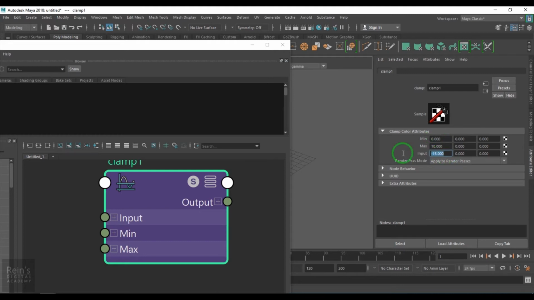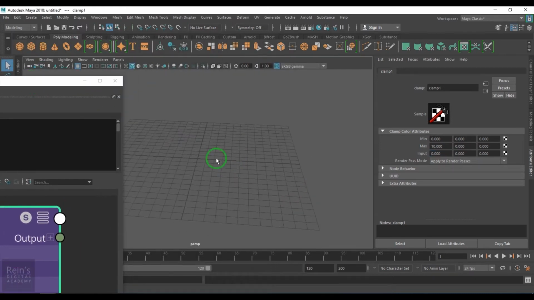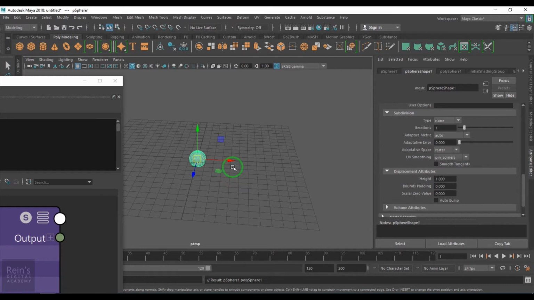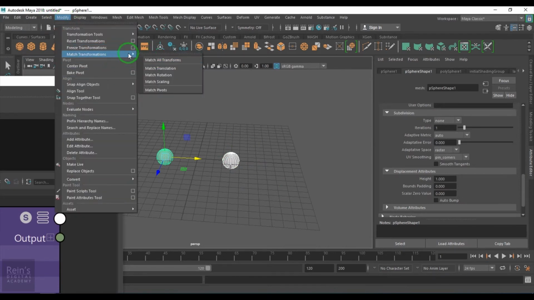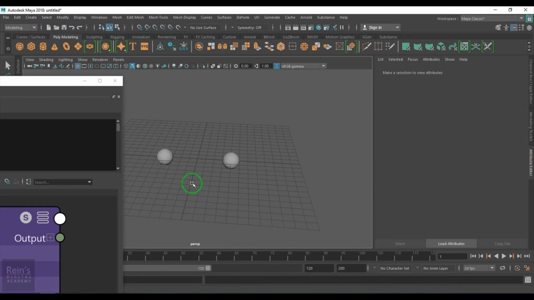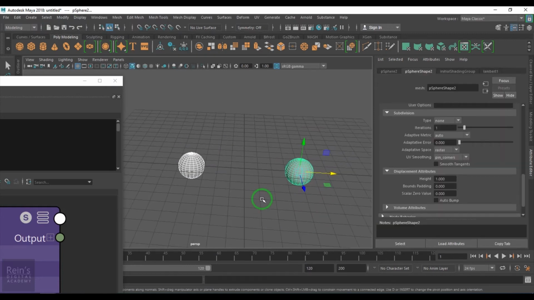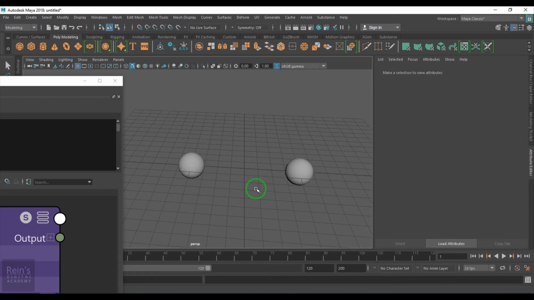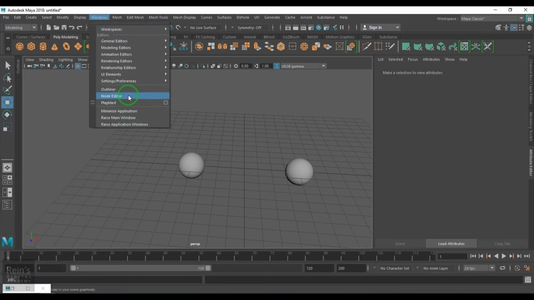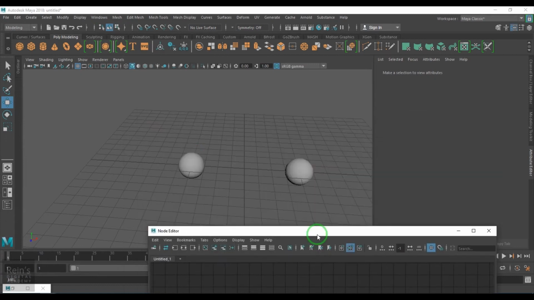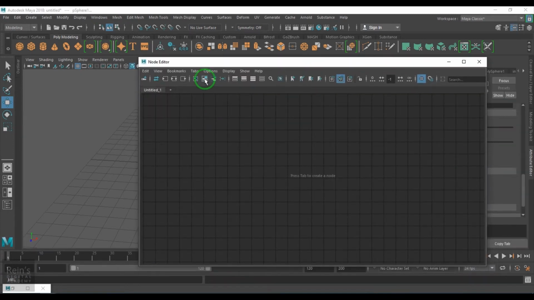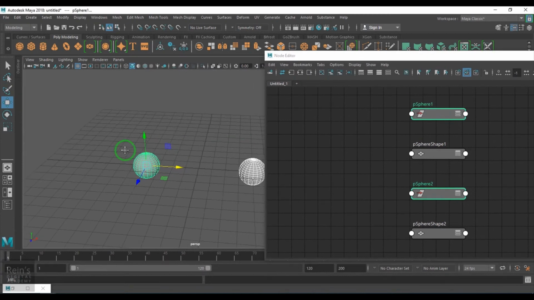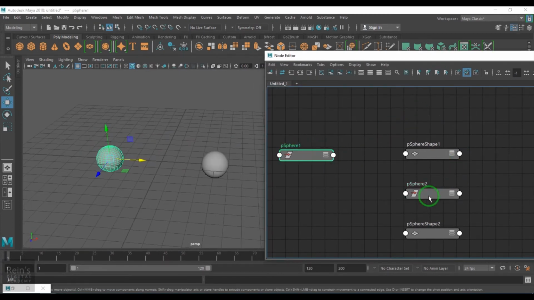So to practically experience this, I've created two polygonal spheres. I'll open the node editor and bring these two spheres into it, and I've got sphere 1 and sphere 2.